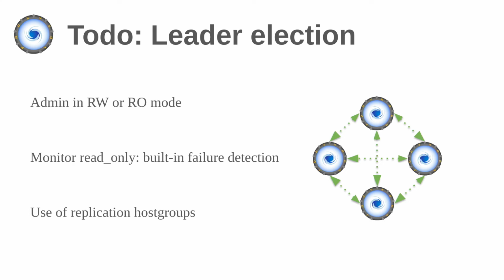So we can use the same type of check to configure a replication host group. We can have all the ProxySQL instances configured into host groups, a writer host group and a reader host group. This will allow us to connect to any of the proxies and be automatically redirected to the host group where the writer is, so you will be able to make configuration changes in the leader.